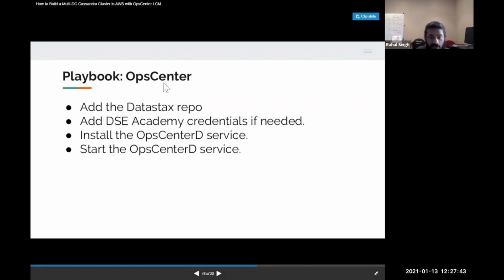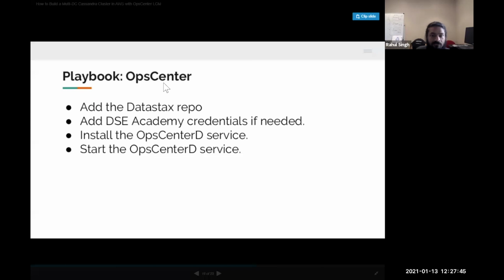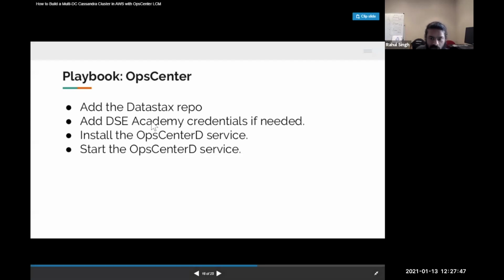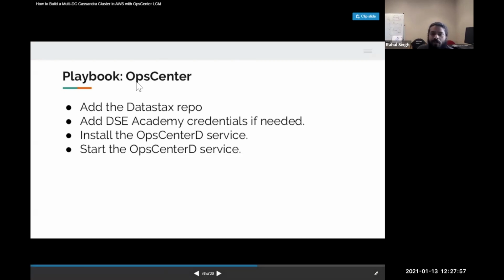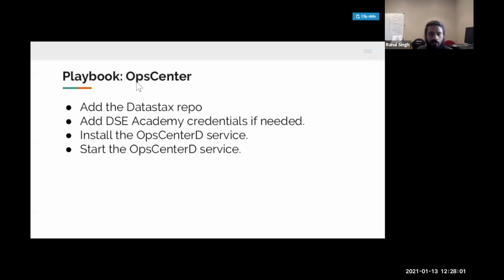And in this case, I also had a playbook called Op Center, which does all the steps that the installation instructions say on how to install Op Center. If it's on the DataStax doc, it can do that. So it's not limited to Op Center. If you can script it out in the shell, your playbook can be basically a collection of those tasks. So the question is, why wouldn't you just write shell scripts